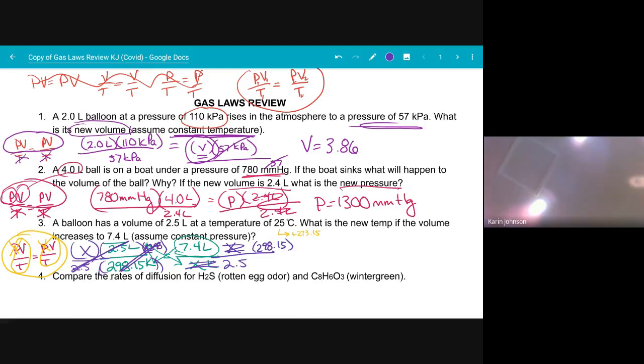298.15 on the top. So if you can read through my messy handwriting, what I have is X all by itself, and that equals 7.4 times 298.15, and the whole thing is divided by 2.5. So I'm going to do that right now. 7.4 times 298.15 divided by 2.5, and we get